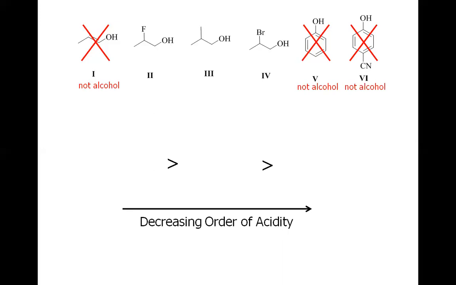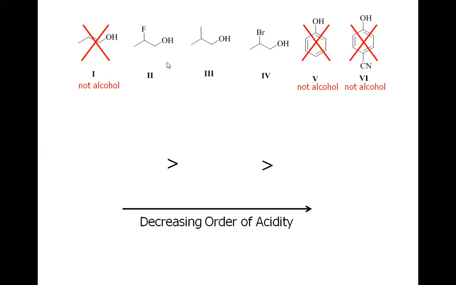And here the difference lies among the substituents. This is fluorine, this is CH3, that is methyl, and this is bromine. So we already know that fluorine is the most electronegative element. So with this fluorine added here, it will pull the electron density towards itself through the inductive effect, and this will lengthen this OH bond, as a result of which this hydrogen will become easy to be removed.